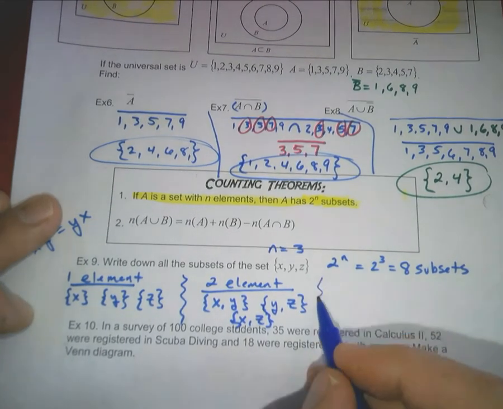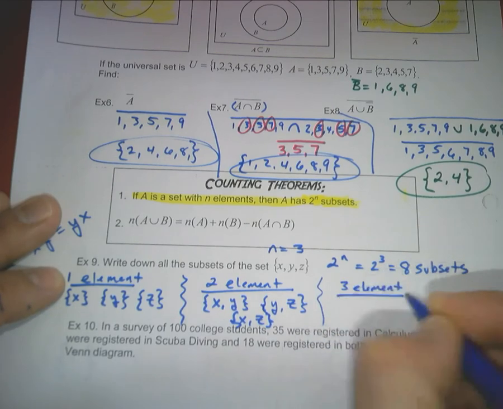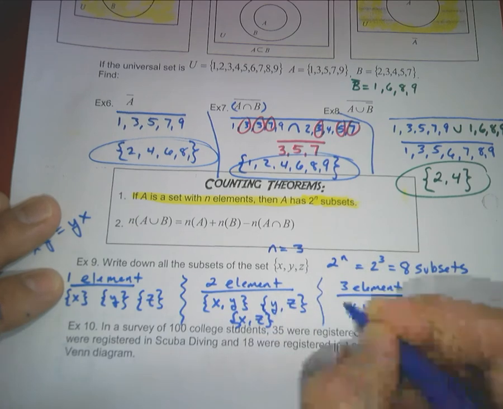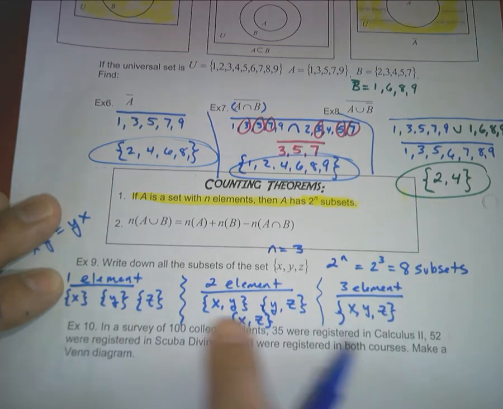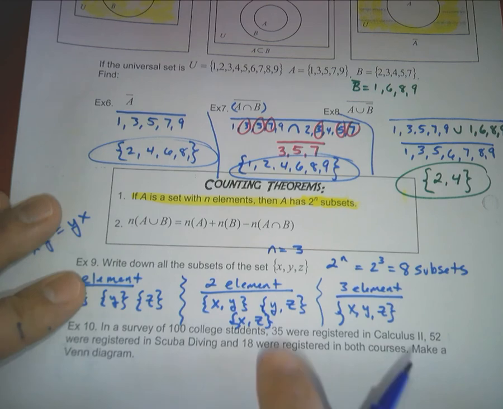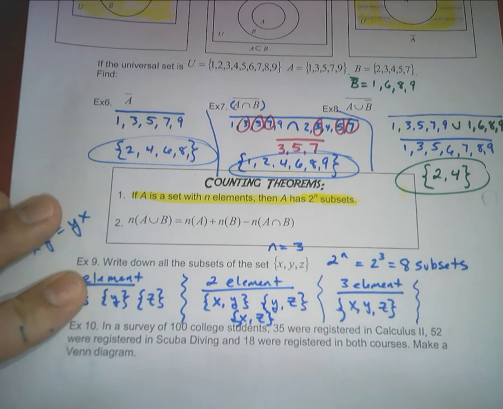So we go to the next one, 3 element subsets. You already know what that is. That's x, y, and z. So we have 6 plus 1. We have 7 subsets. We're missing one. We did 1. We did 2. We did 3. The last one is, there's no 4. There's no 5. There's no 6. We're missing the